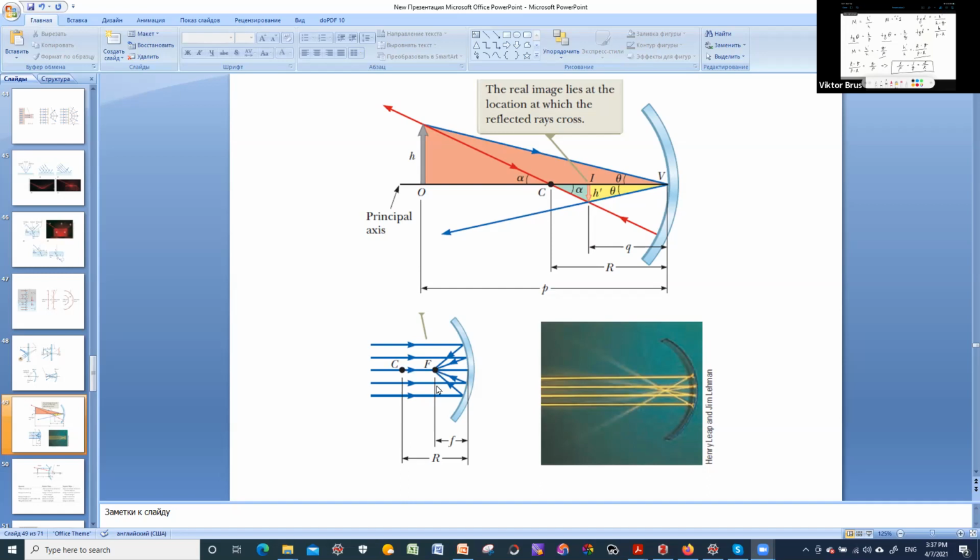So that is a very important parameter of these concave spherical mirrors, this focal distance,